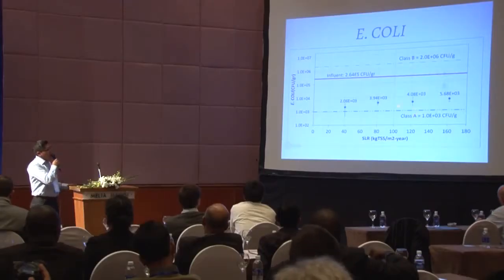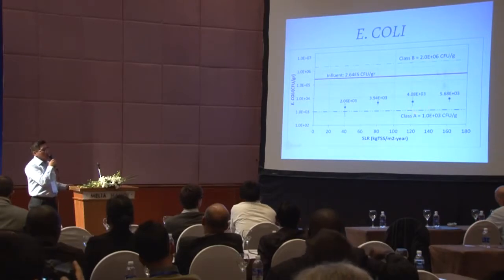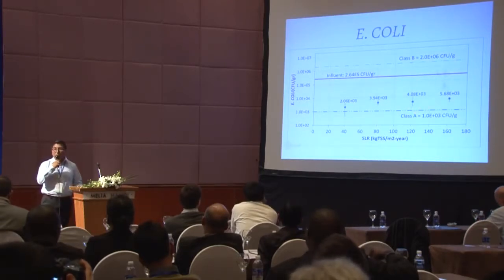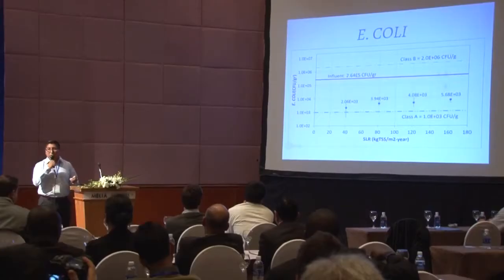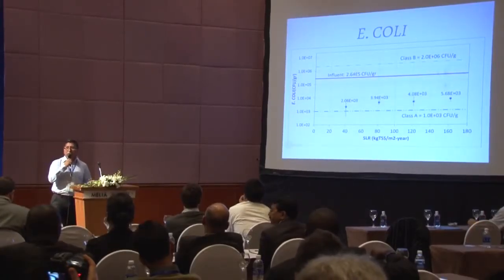About the E. coli, this morning it was mentioned that it's not a very effective method for E. coli reduction. That's true. We have the two classifications for reuse. The class A, which means if we are below class A, we can reuse the product without any measure of any health problem. But also, if we are below class B, we can reuse the product. We reach these values, but taking some measures in order to handle it using safe tools and materials.